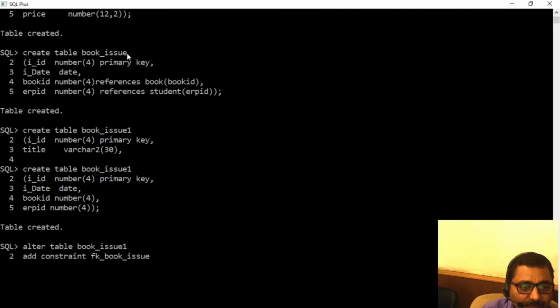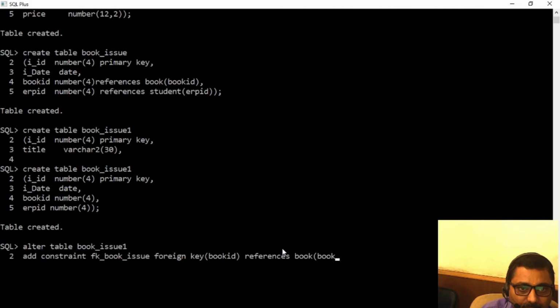And what I'm going to add? Foreign key, sorry. Then you will be referring the name of the column. Name is book ID. So you need to refer which column is going to be the foreign key. Now this foreign key is going to refer which table? Then you need to write references, then table name, that is book.